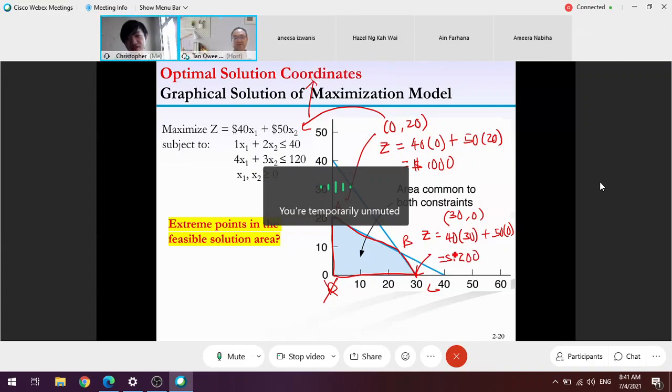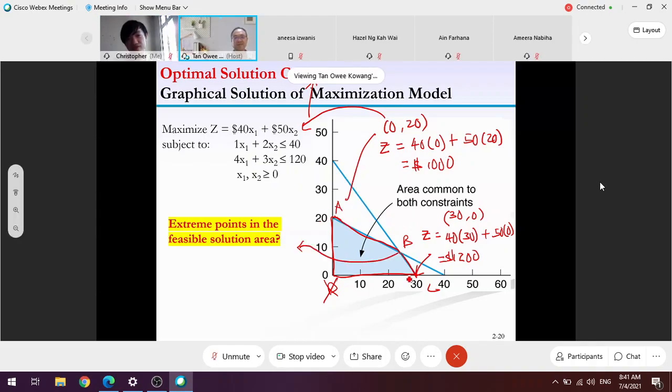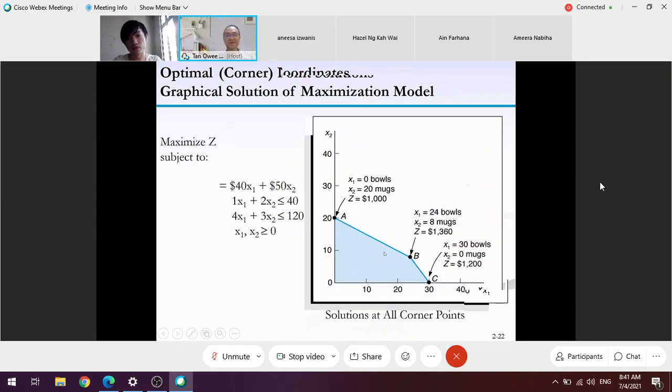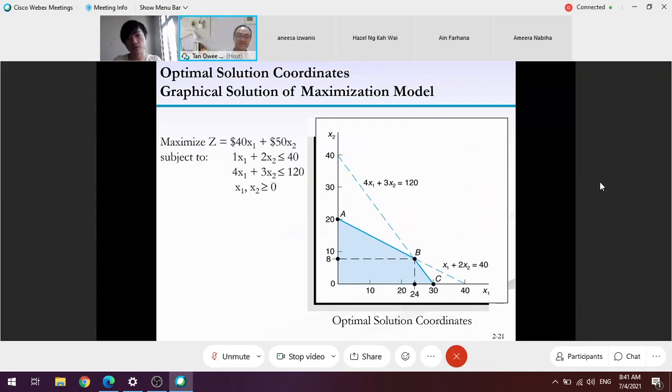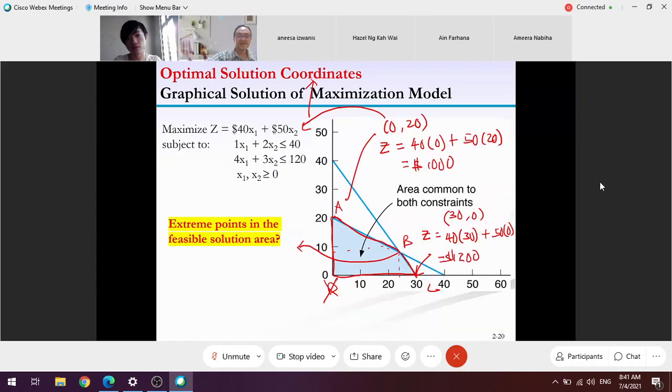Okay, there's another point here that I need to calculate, B. So what's B? This is not the actual graph, so you have to read from the graph what B is. So I look into the next slide to see what B is. 24.8. If you really refer to the scale, it's 24.8. So B is 24.8. Why do I know it's 24.8? If this is the graph that you plotted manually, you should be able to identify it.